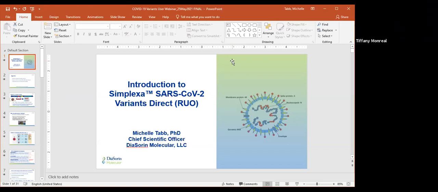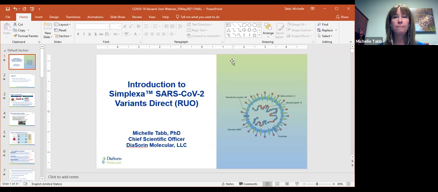Okay, we have two more questions. Is there a CT threshold above which the variant detection will not work? Very good question. Coming into the assay, you'll want a patient sample that is already SARS-CoV-2 positive. If it's coming from our Simplexa COVID-19 Direct emergency use authorized assay, we have had success with patient samples that have CT values up to about 28 or 29, and then pulling them over into this variant assay. And the reason for that is you need a certain amount of virus in order to have beautiful melt